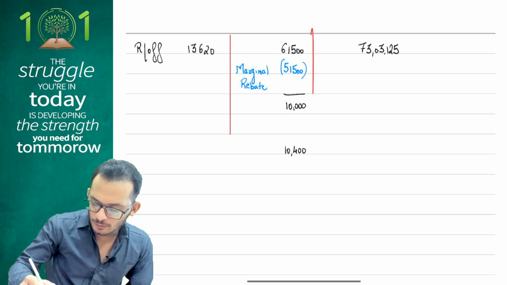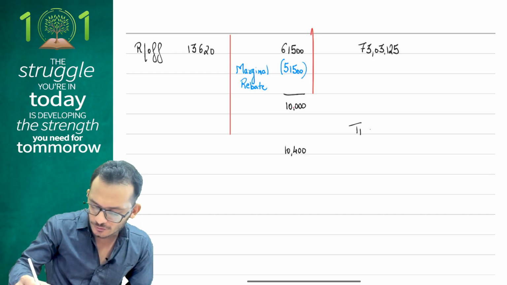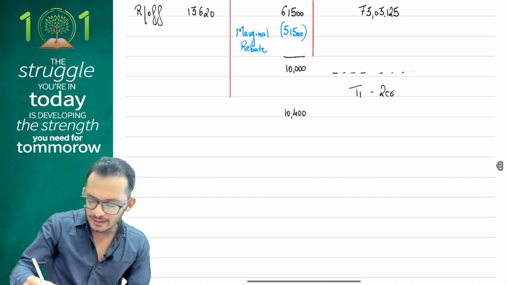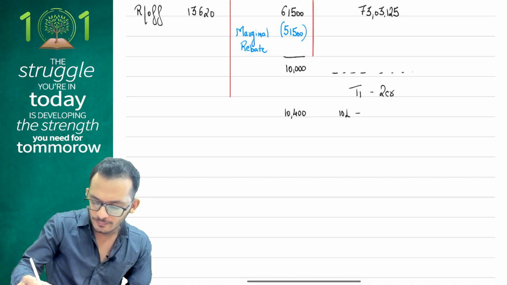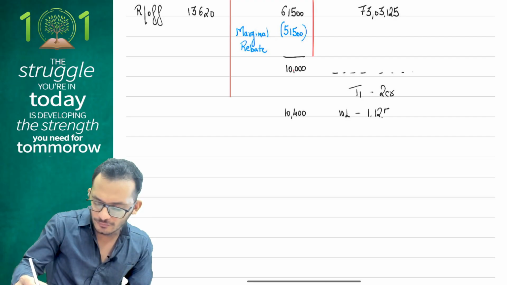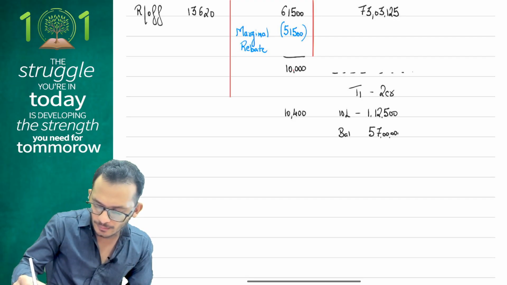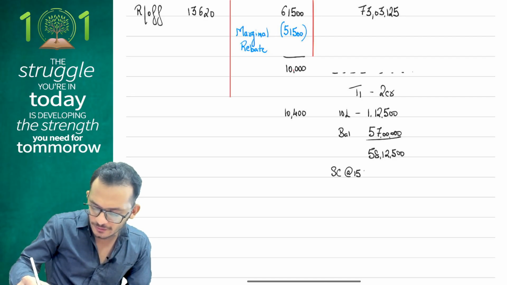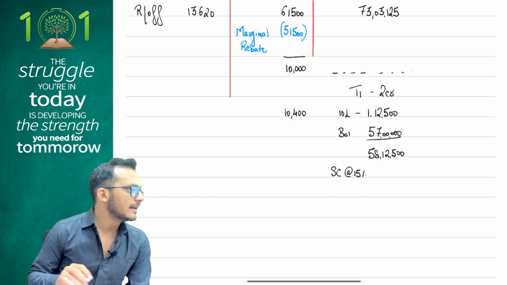What happens if my total income was 2 crores? For the first 10 lakhs, I would have paid 1 lakh 12,500. For the balance, I would have paid 57 lakhs, totaling 58 lakh 12,500. On this, I will levy a surcharge of only 15% because my income is only 2 crores. Adding up, the number becomes